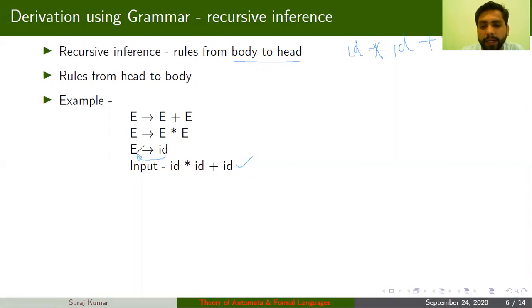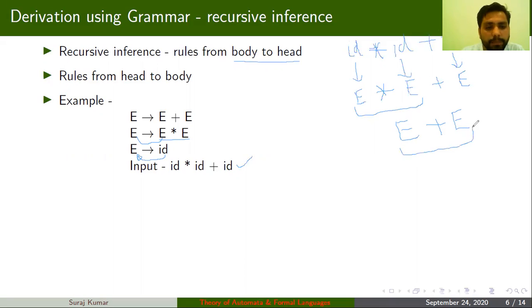So let me replace this ID with E. Similarly, I am replacing this ID with E, and then this ID with E. Then next, I can replace this E star E with E, and I write the rest of the string as it is. Now this string E plus E can be replaced with E.